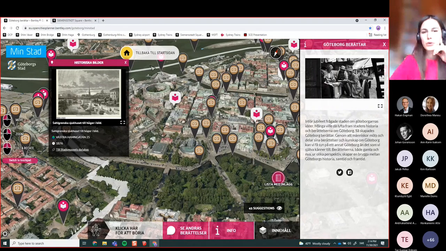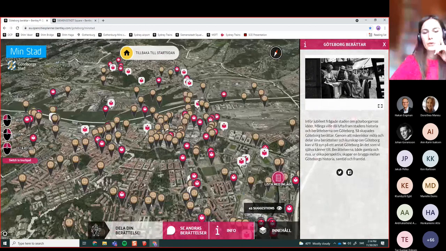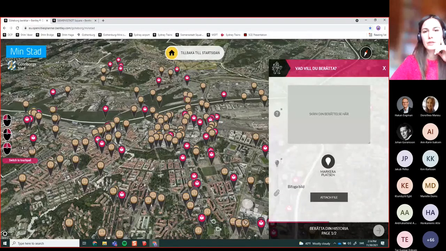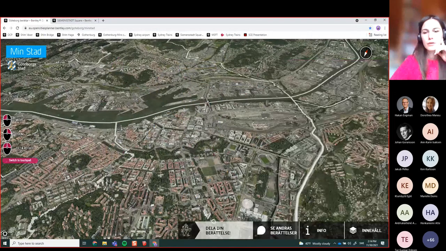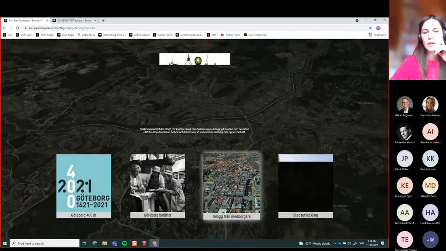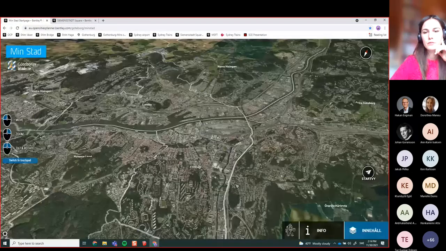So what this project shows is a lot of stories that were happening in the city. But it also contains a form where the users can come in and add their own stories and then add comments to where they have a specific memory in the city. Another very successful project was this one, which was a direct communication with the citizens,